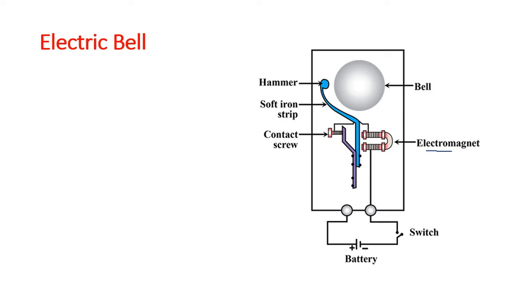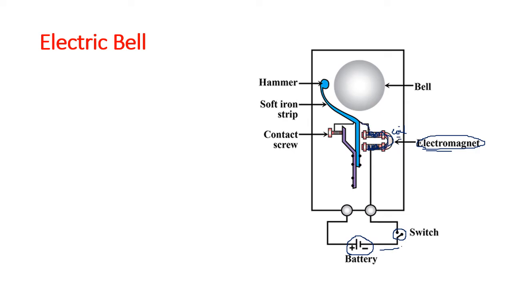This is the diagram shown to you, the whole mechanism. So we have got a battery, connected the wiring to a switch. We have a switch, and then the mechanism is the wire goes, and you can see here in a U shape, the wire is wound. The wire is tied here. This is a coil here. This is the electromagnet, or this is the coil tied on an iron axle. This is the iron axle on which the coil is tied.